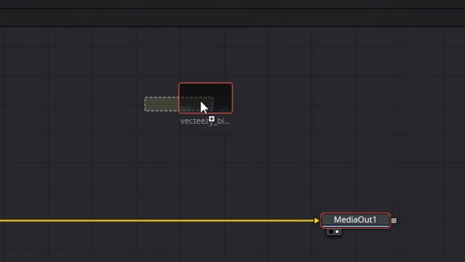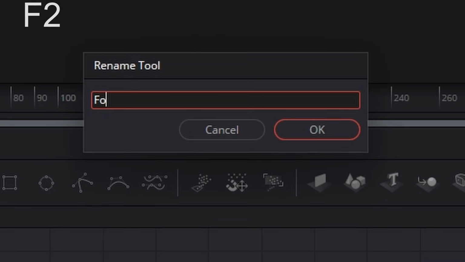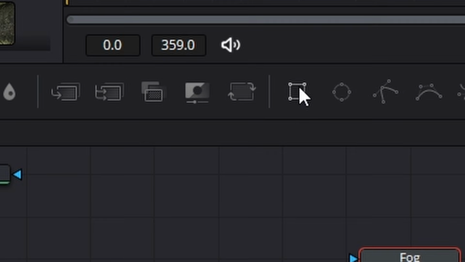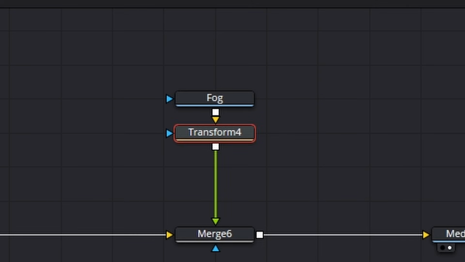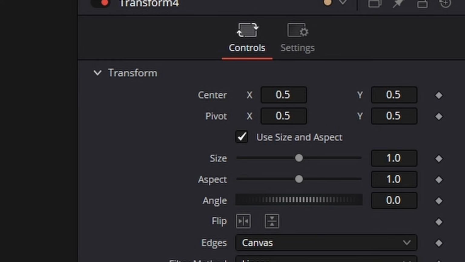Let's add some ground fog. Again, I got this from Vector Easy. I'm just going to rename it F2 fog. I'm going to add a transform to it. And you can see that it's actually a lot bigger than the screen. So what we'll do is we'll scale that down